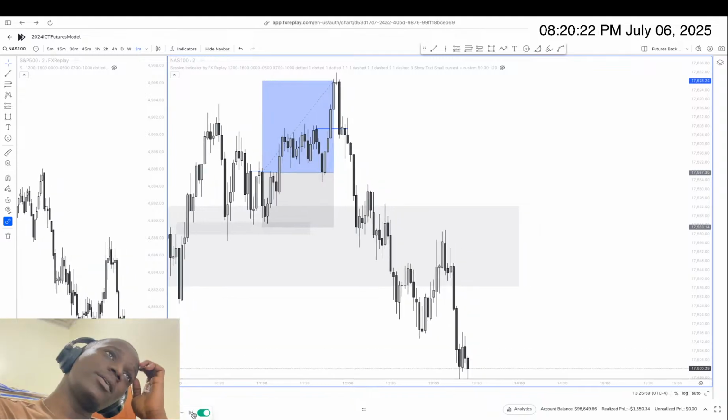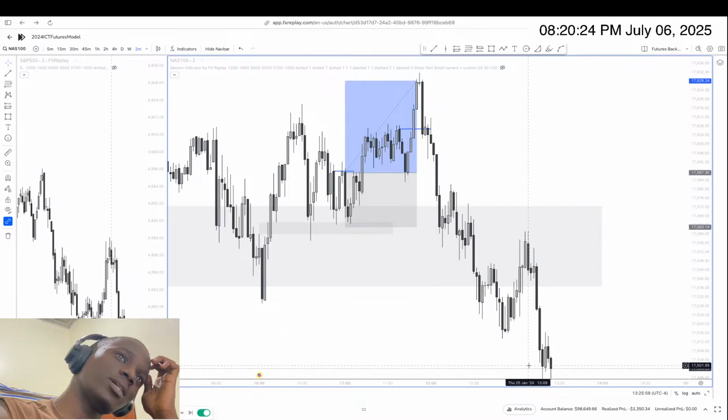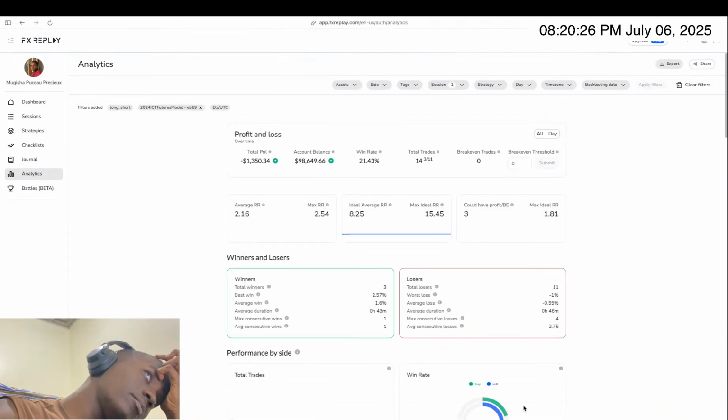Right, so I'll keep learning the model. We have back-to-back losses now, and yeah, until